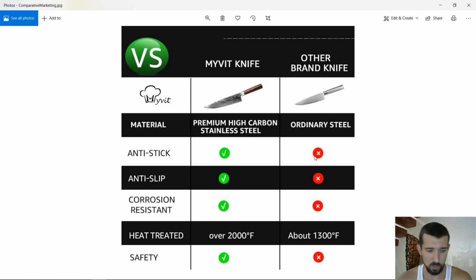It's something that you have to technically test to see if the other one really does not have stainless steel. And if they don't, then you just put an X. Heat treated, safety. Well, the features here could be better. Like, what is safe? Safety. This is a bit of a Chinese thingy, but anyhow, comparative marketing works this way. You compare your product to others by features, or you can also compare by other things like benefits, but that wouldn't make sense, right?